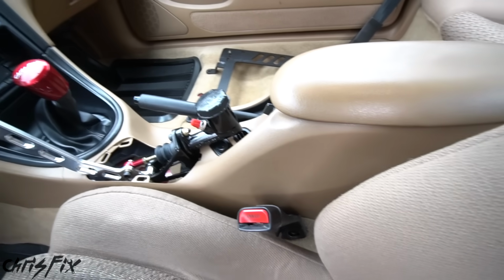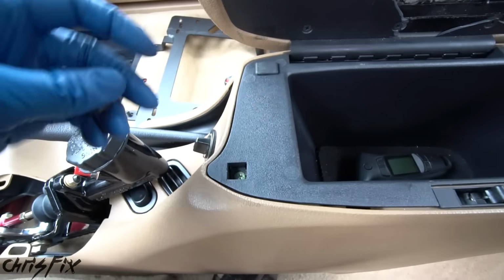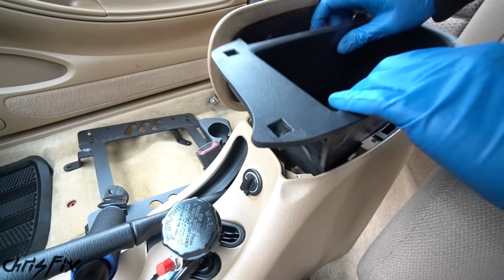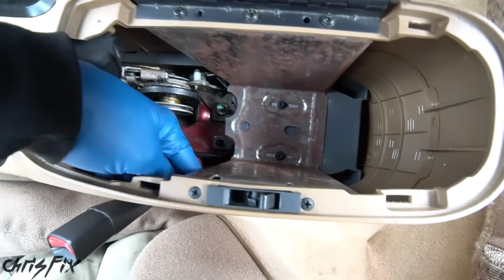Now I have an idea. I want to see if it's going to work, so we're going to open this up. We have 2 hidden screws, one under here and one under here. We got to unscrew those, and with those unscrewed, the center console storage bucket comes right out. So what I'm thinking is we run the brake hose up, and then we'll route it across back here